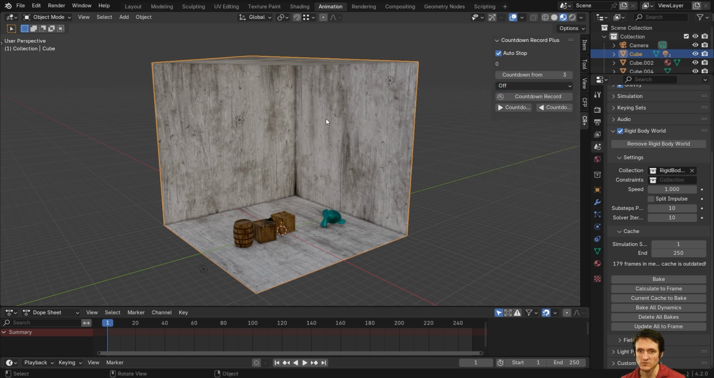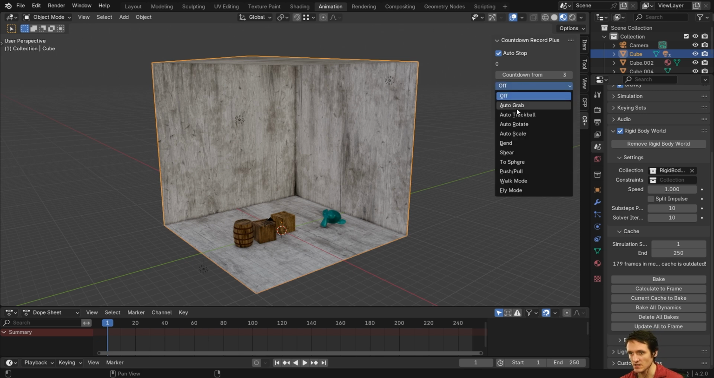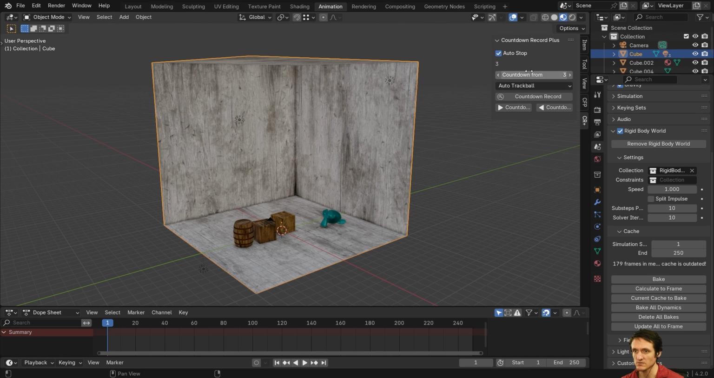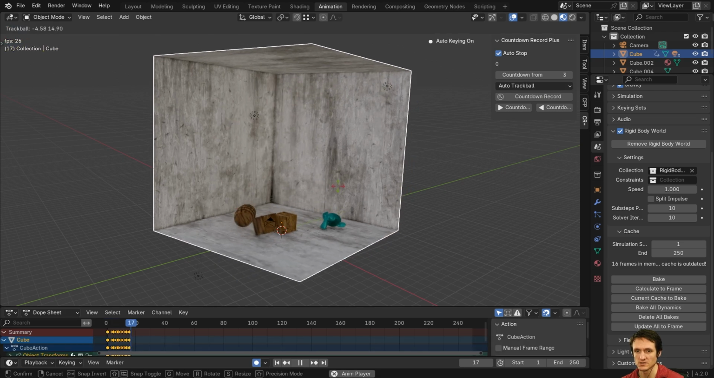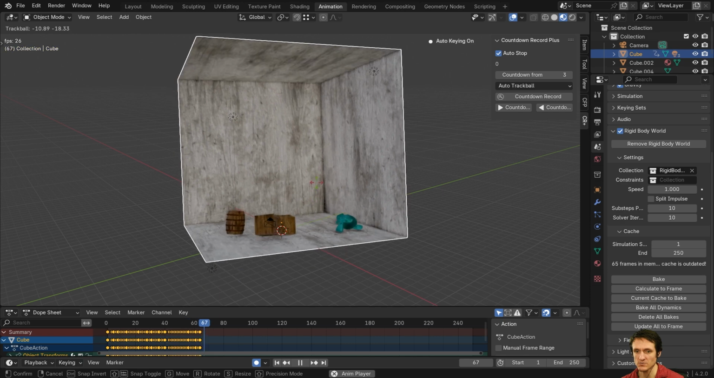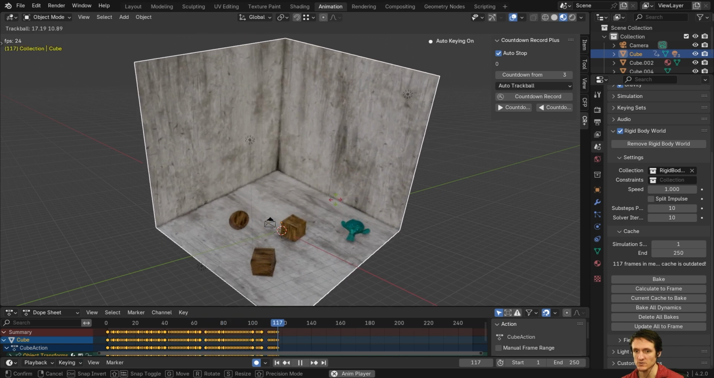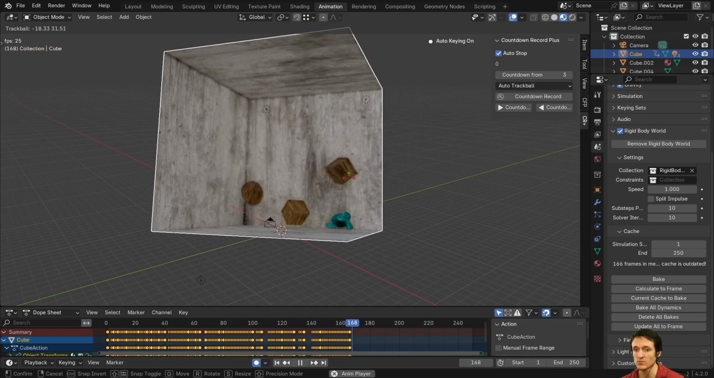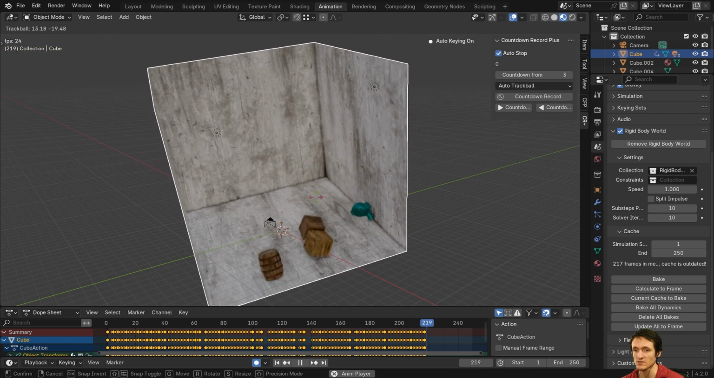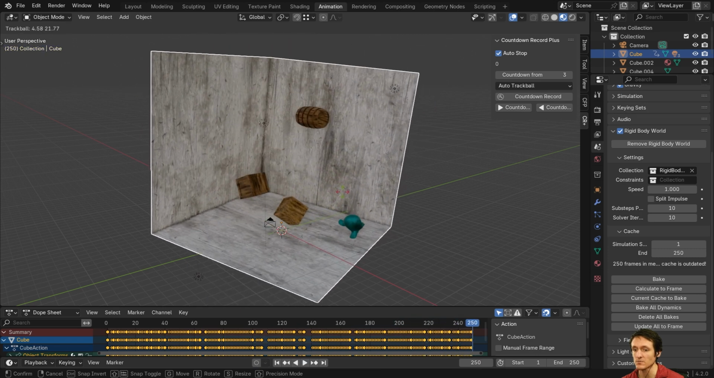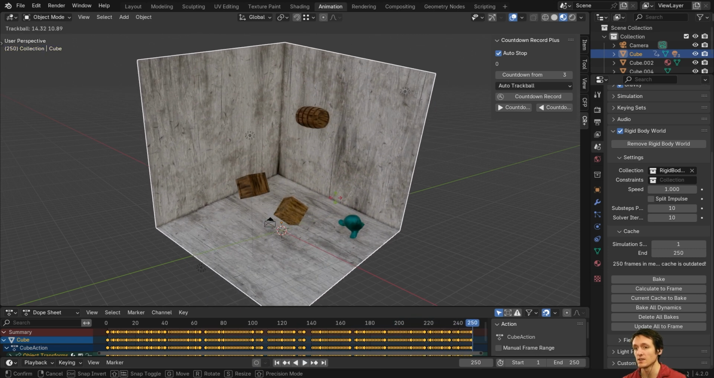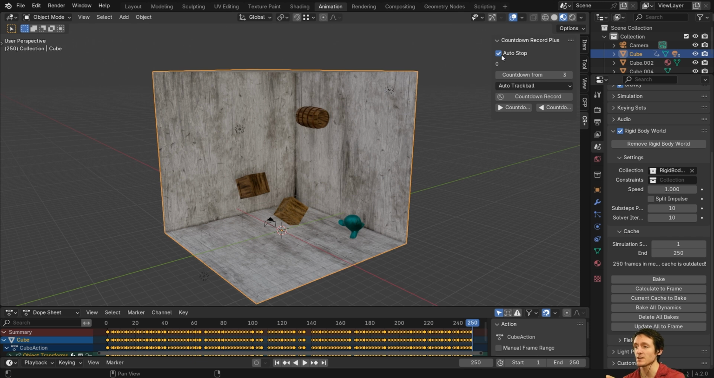So what we're going to do with this physics room is add an auto trackball, and we're going to do countdown record, and we'll count down from our 3 seconds. Now I can input this mouse motion, and I haven't had to do any keyboard shortcuts. All I did was click the countdown record, and I'm concentrating on moving my mouse to capture that input. And because we have auto stop enabled, it stopped recording at the last scene frame that we set,